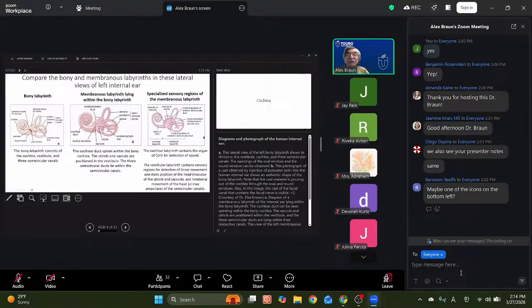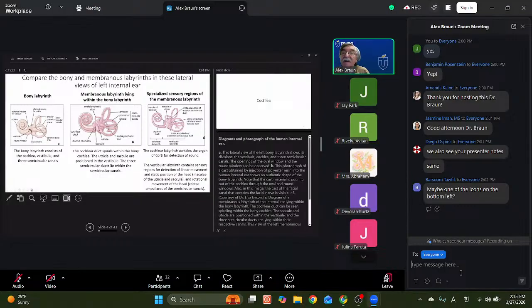membranous labyrinth as well. There are certain disease processes which affect the entire membranous labyrinth, the labyrinth which belongs to the auditory system and the labyrinth which belongs to the vestibular system. Now, in the third picture here on the right-hand side, you see some specialized sensory regions of the membranous labyrinth. So if you talk about the